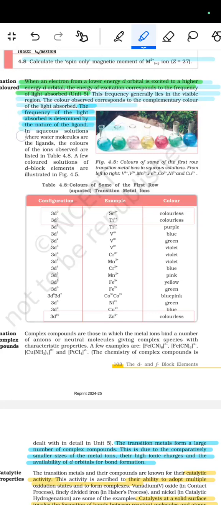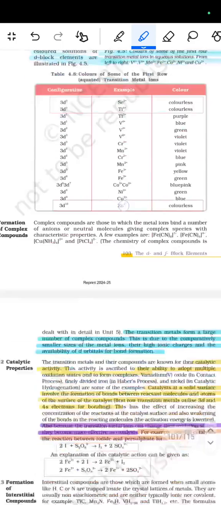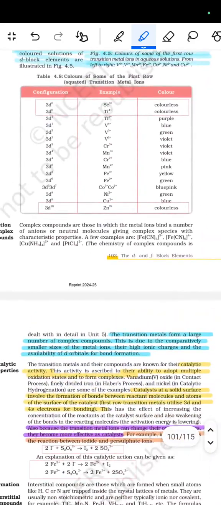In aqueous solution where water molecules are the ligands, the colors of the ions observed are listed in the figure 4.8. A few colored solutions of the d block elements are listed in the figure 4.5. The colors of some of the first row transition metal ions in aqueous solution from left to right are Ti4+, Ti3+, Mn2+, Fe3+, Co2+, Ni2+ और Cu2+ है जो दिखाया हुआ है। तो अब कलर की बात करें तो Sc3+ और Ti4+